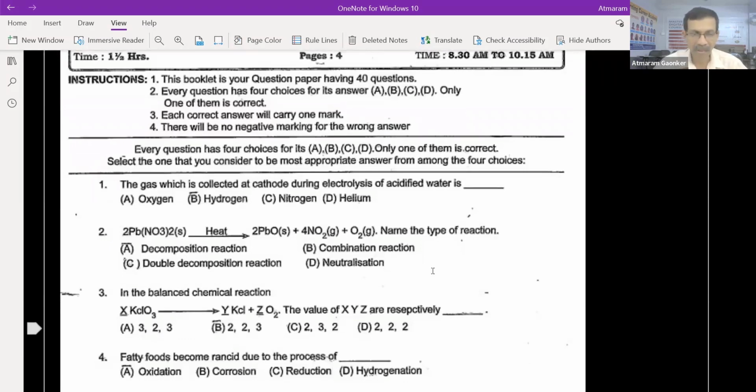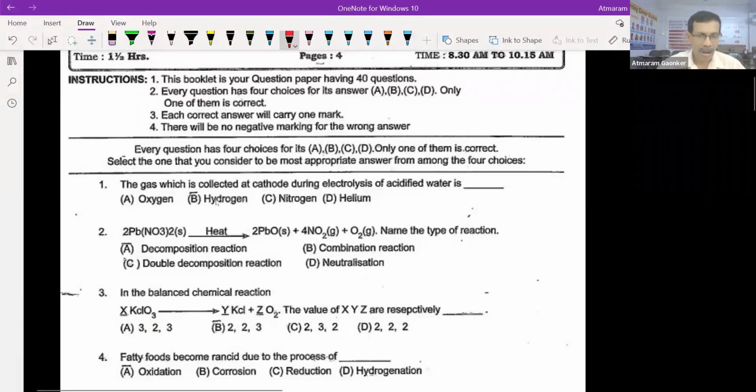The first question is, the gas which is collected at cathode during electrolysis of acidified water is. So here, let me select my pencil. Here the correct answer is hydrogen. If you refer to the diagram of electrolysis, you will find that at the cathode it is the hydrogen gas